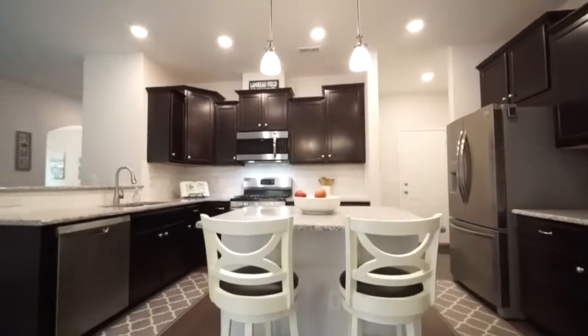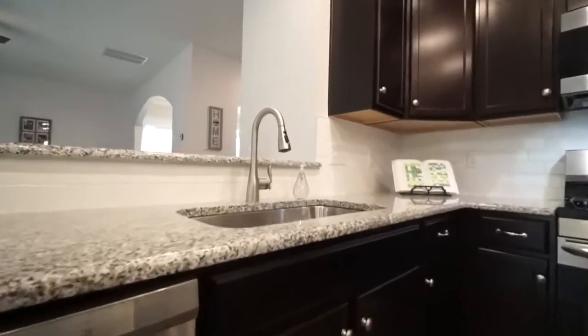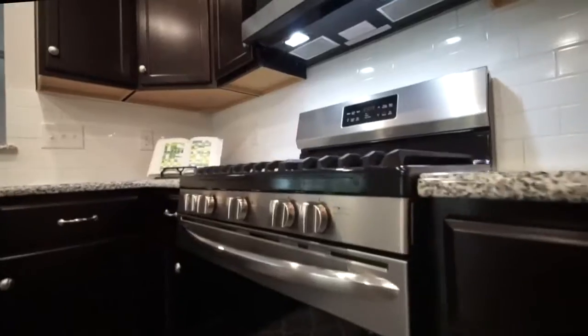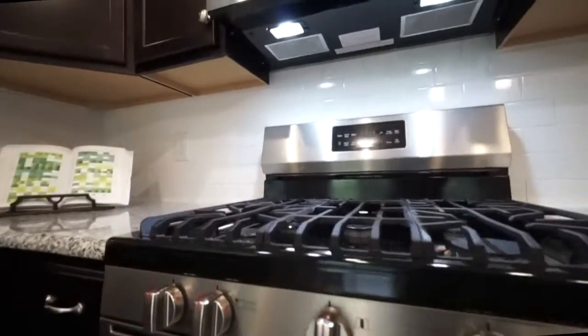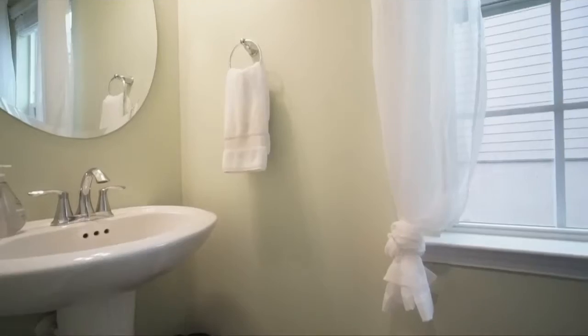I love this kitchen because it's so open, it's perfect for entertaining. In this particular home, the owner has upgraded with all hardwood floors throughout the main living area. It is completely open from the kitchen to the living room and the dining room. One thing you'll notice about this home is the arched entryways, and I love that because it allows tons of